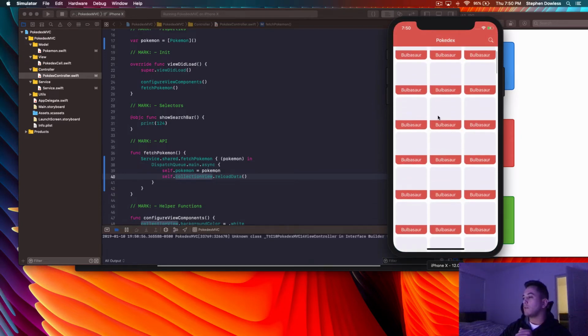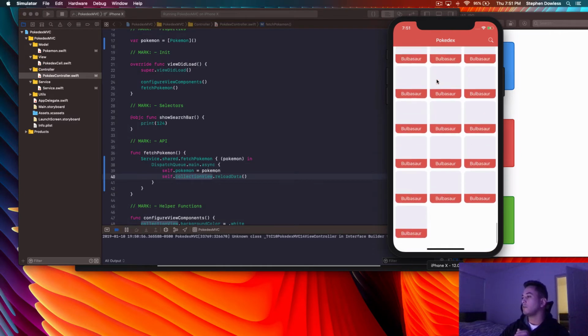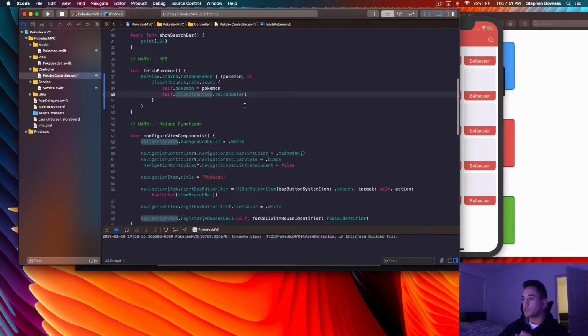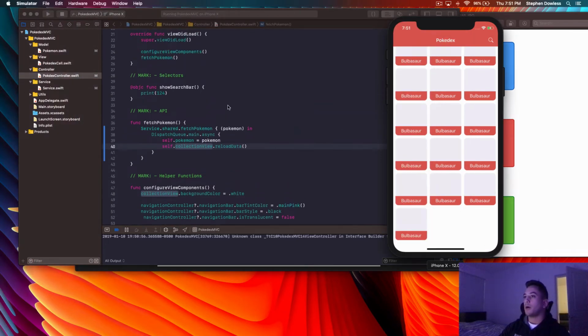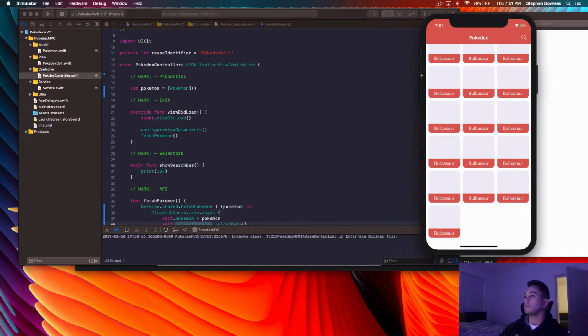So we noticed that this populates nicely, and if you wanted to count all these out individually, you could, but let's just say that there's 151 in there because I'm sure that's what it is, right? So we have successfully populated this Pokemon array and returned the correct amount of cells. So we know that our Pokemon array is configured properly and we're getting back the number of cells that we need. Now we need to actually set up this cell with the information for each Pokemon.